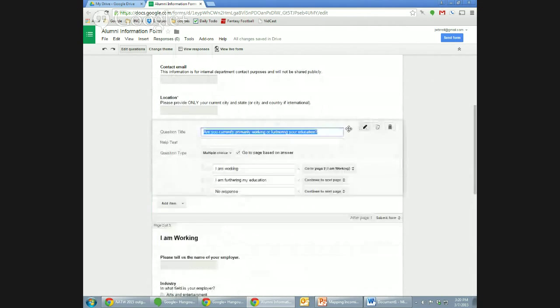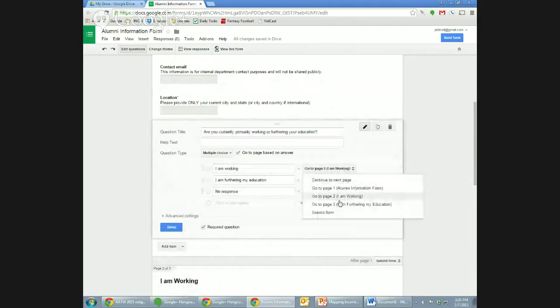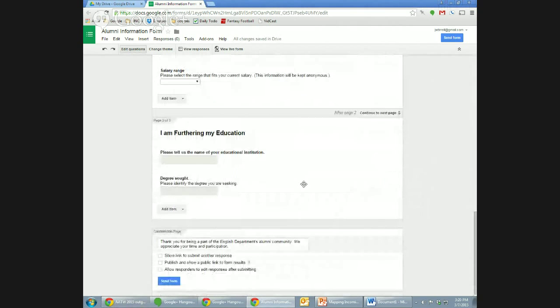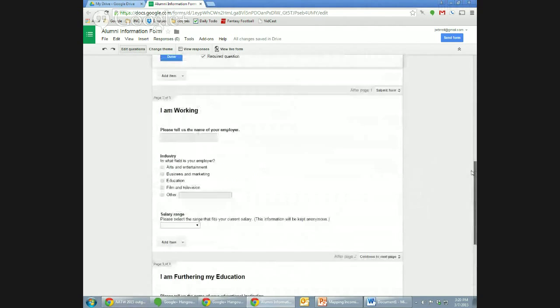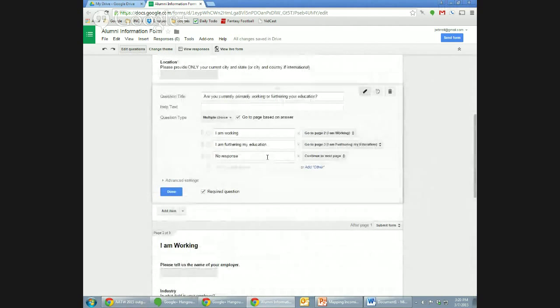So we'll go back to this branching question and hook up the pipe. So go to page 3, I'm furthering my education. That means if I select that, I'm going to go to this set of questions. I won't see these I am working questions. Now, if you click no response, and mind you, it's required, so you have to select one of these things,